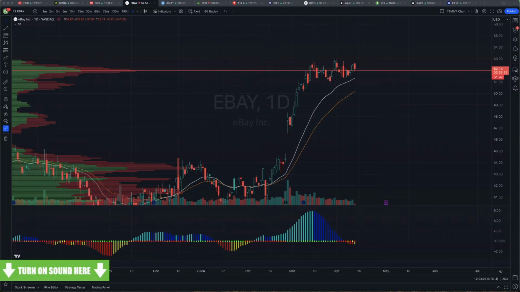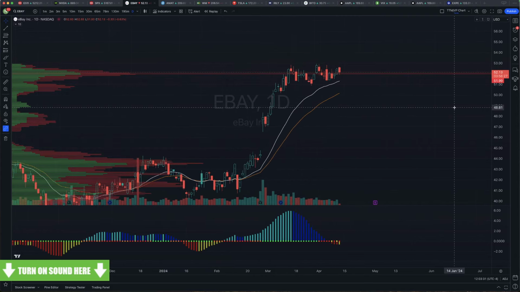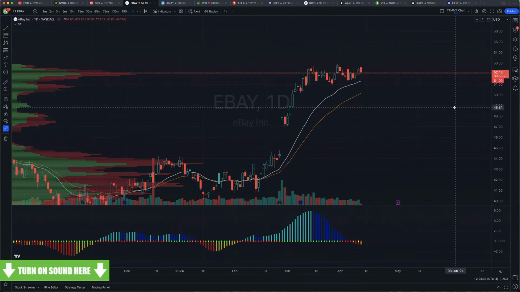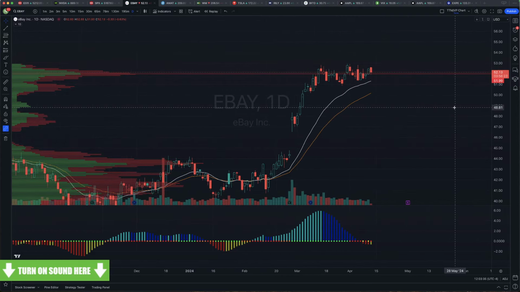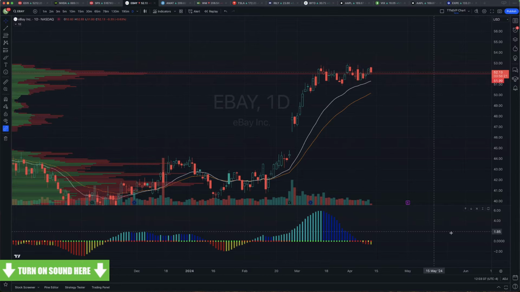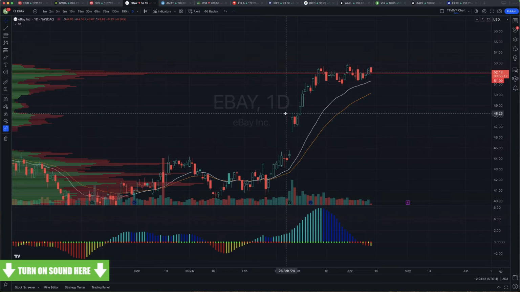Those are the things we look for, and we generally play those with calls and/or puts if we're going to the downside, right? And so when we call these, we say this is a good setup or this is an A plus setup. So eBay here, we would consider an A plus setup on the daily